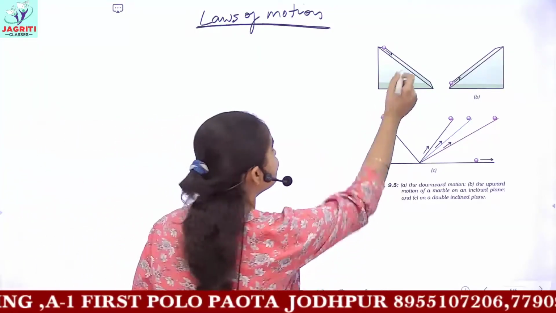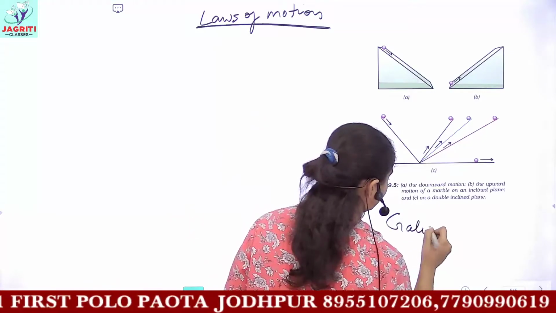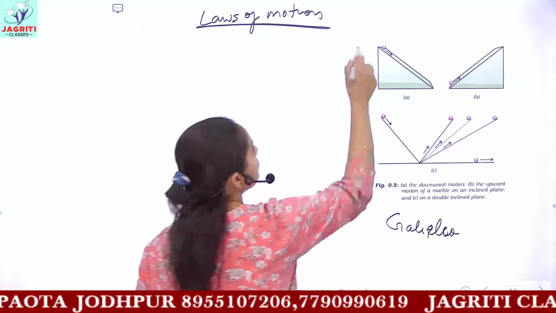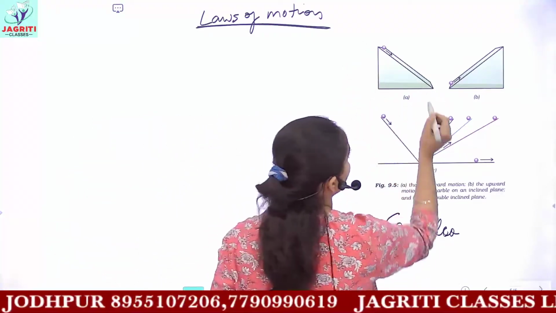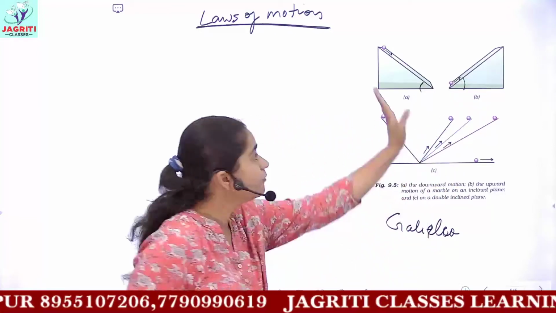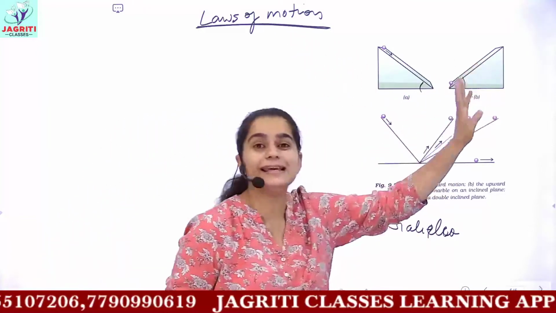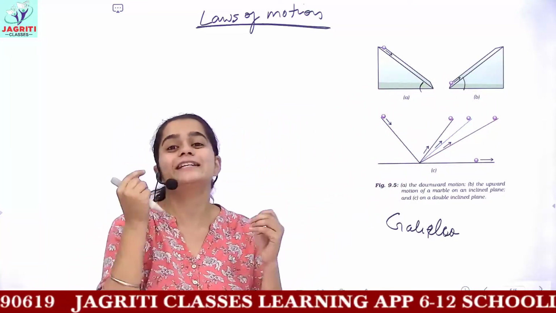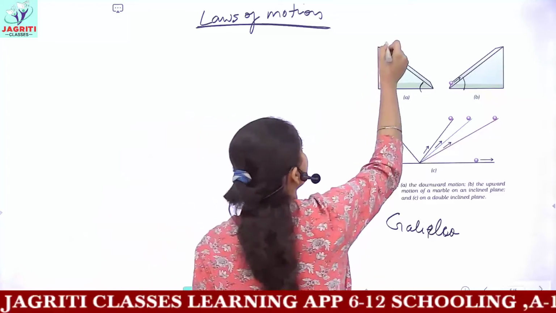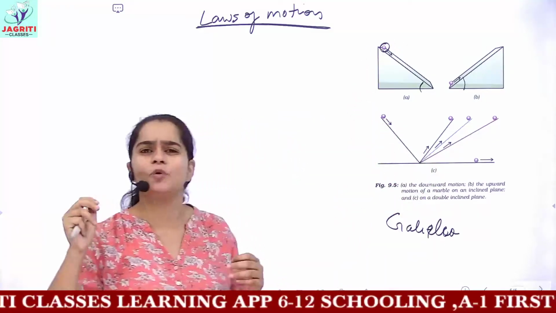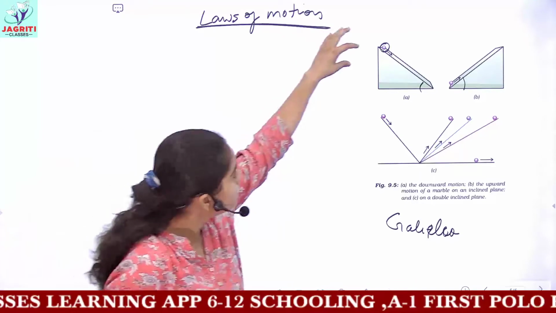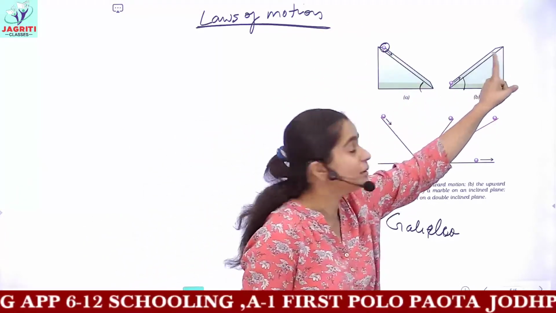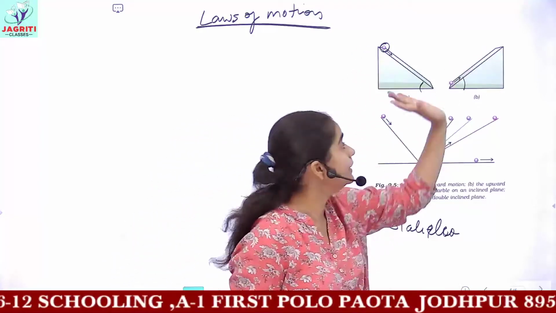This experiment was performed by Galileo, and what he did was he took 2 inclined planes with a similar slope. That is, the angle of inclination of A and B is equal. He proved experimentally that if we take a circular object, any ball sort of object, and drop the ball from one inclined plane, then the ball would travel to the next plane at the same height.